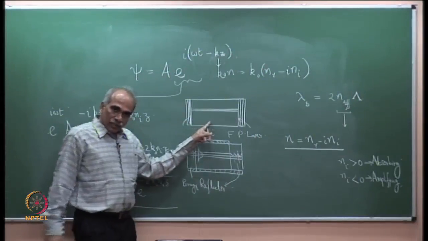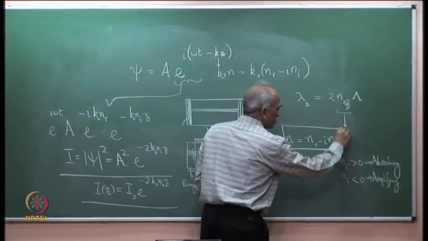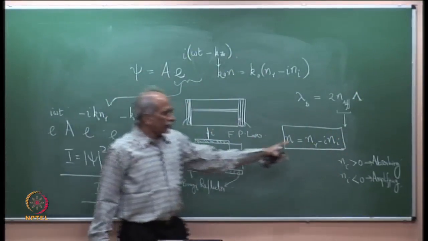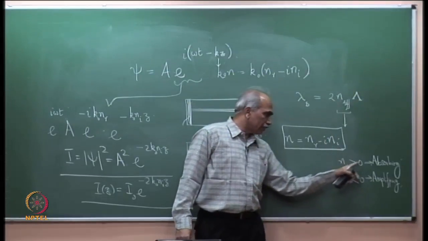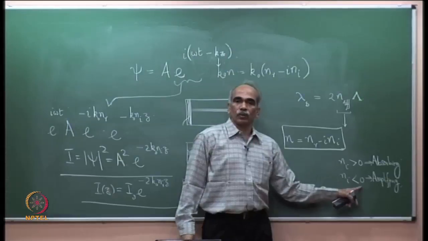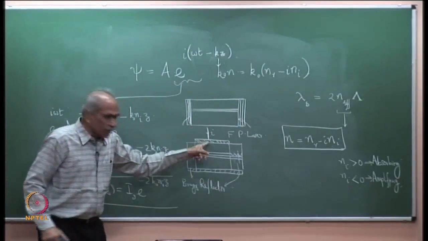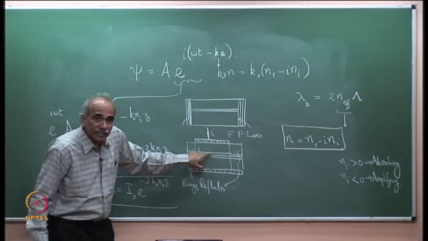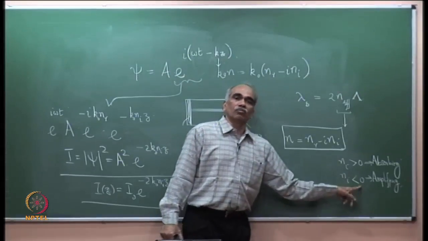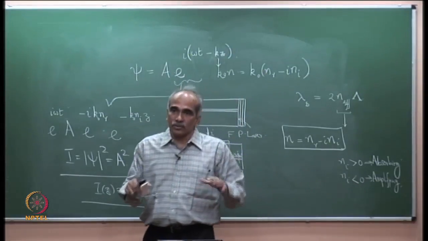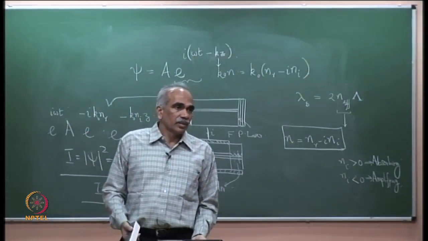When you pass a current here, the refractive index is this. When you pass a current, Ni decreases and it goes from greater than 0 to less than 0, and that corresponds to gain. By passing an injection current and maintaining the gain in the medium means Ni has become less than 0. The medium is complex in general, amplifying and absorbing media are complex in general, they have a